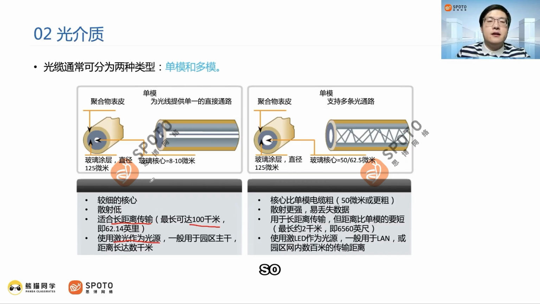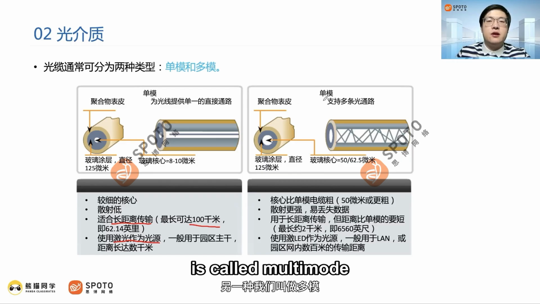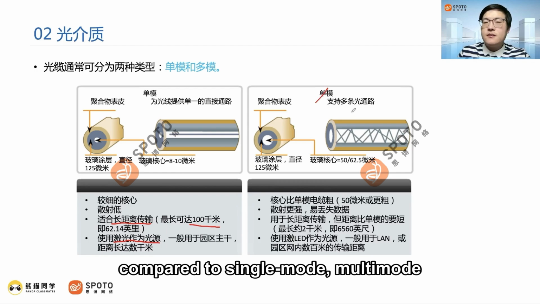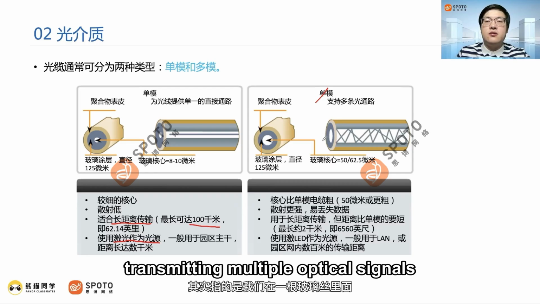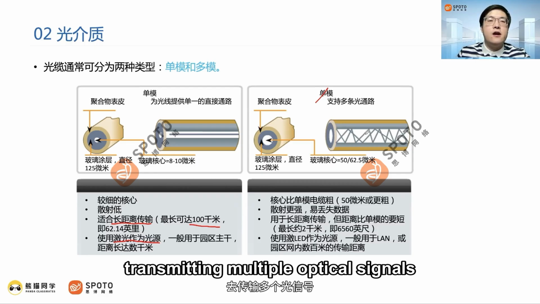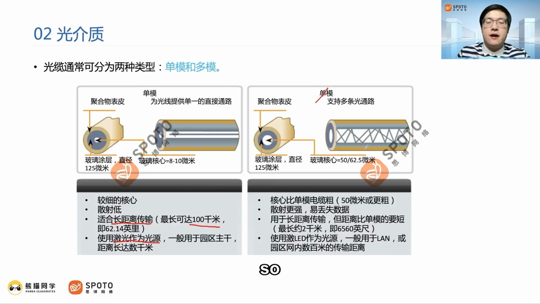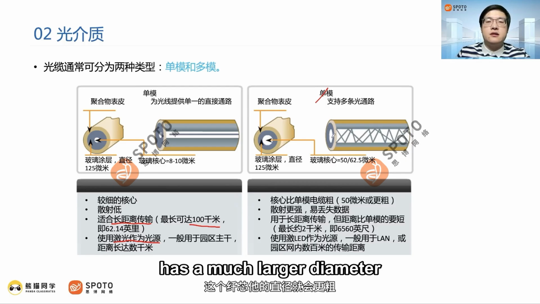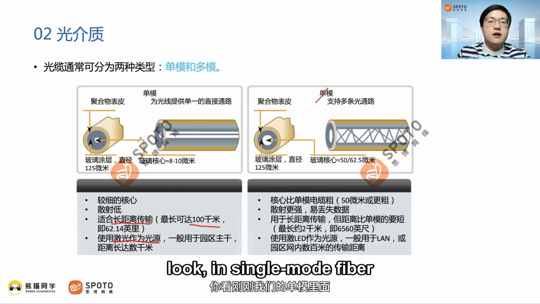So, the other type is called multimode. Compared to single mode, multimode actually refers to transmitting multiple optical signals within a single glass strand. So its requirements are relatively higher. First, the glass core has a much larger diameter. Look, in single mode fiber,